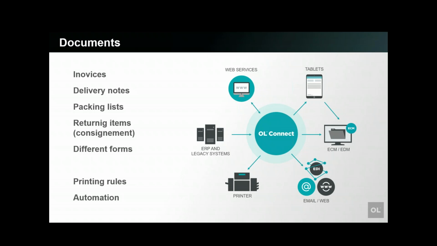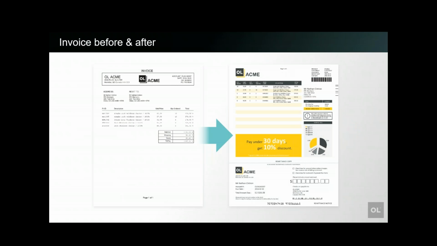So if we have rigid systems which have a lot of issues trying to edit the document or add some kind of forms to the document, the answer would be OL Connect. I have an example here on the left side. You can see the invoice, which is obviously being created by some older system. It's a black and white document with really nice transactional data, but it's outdated and usually printed by some old systems. On the right side is the same document with the same information, but redesigned with